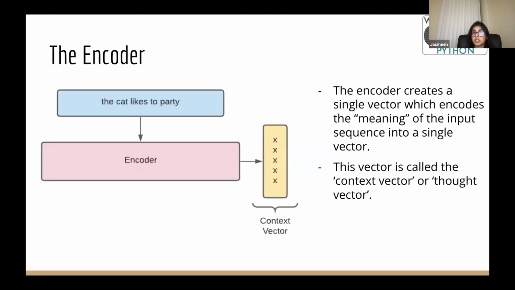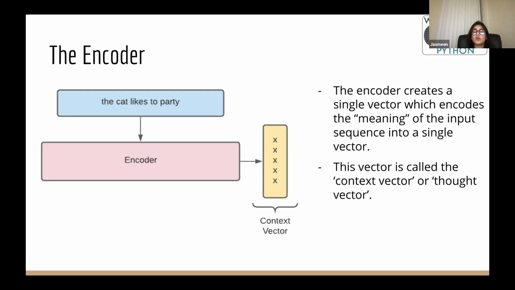So the encoder reads the input sequence of words from the source language and encodes that information into real valued vectors, also known as the hidden state or thought vector. This thought vector encodes the meaning of the input sentence into a single vector. The encoder outputs are discarded and only the hidden or internal states are passed as initial inputs to the